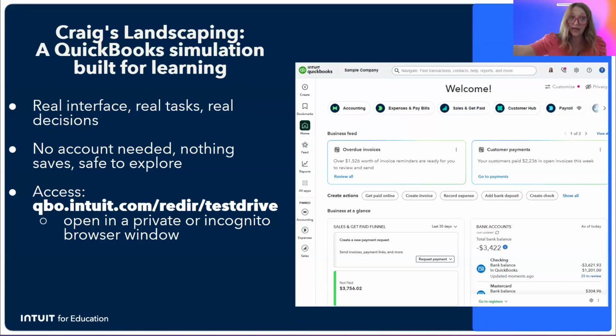I know from personal experience, when I had 24 students that I sent 24 invitations out to in the original educator portal, 20 students got the email. A couple people didn't get the email. Who was putting their cell phone number in there? I did not want them to put their cell phone number in there. Who was putting their personal email in there, right? It didn't work for me personally. I wasn't able to keep the class working together. You know, it never failed. Someone always typed something in wrong. Someone put the wrong industry when they were setting up the company and had the wrong chart of accounts.